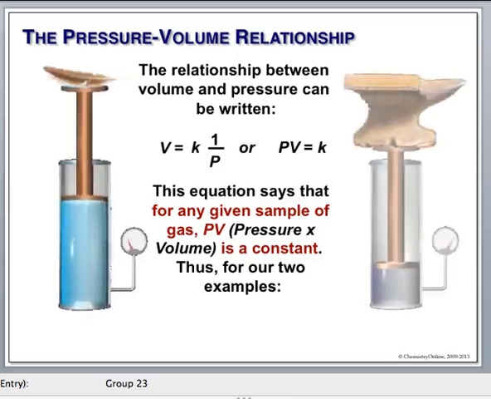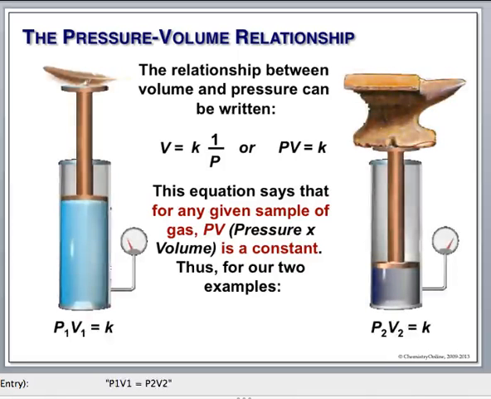Now we looked at 2 systems, one where we had very little pressure on our piston and one where we had a lot. Now just qualitatively, when our pressure is small, 1 over P is a large number, therefore we have a big volume. When our pressure is large, over here, 1 over P is a smaller number. That means that volume is smaller, and we have a little tiny volume here. Because this is the same gas system,